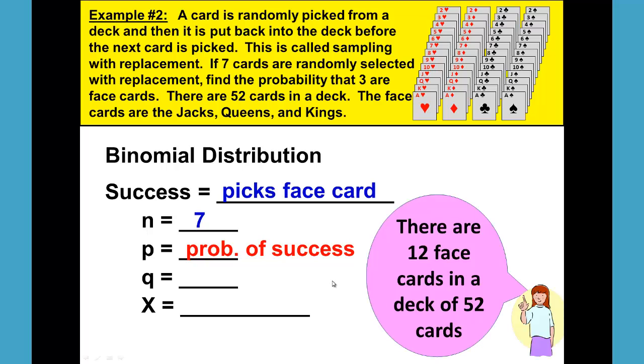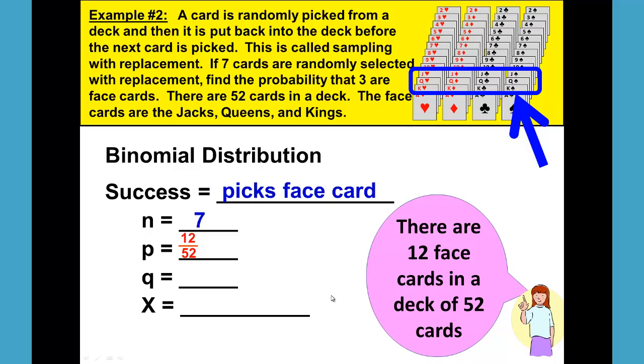There are 12 face cards in a deck of 52: 3 heart face cards, 3 diamond face cards, 3 club face cards, 3 spade face cards. And Miss Borlaug has highlighted those for us. So there are 12 out of the 52 that would be a face card, and that gives us a decimal